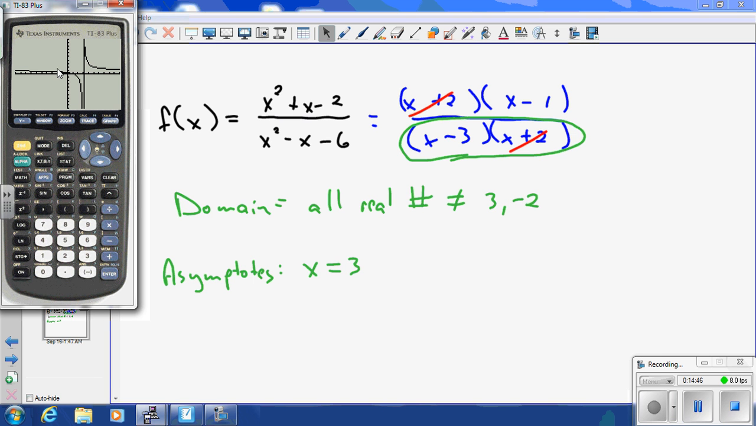So where x is negative 2, there should be a circle there, but the calculator is not capable of showing us that. Now, real quick before I run out of time, the powers are the same here. So that tells me that the last horizontal asymptote is at